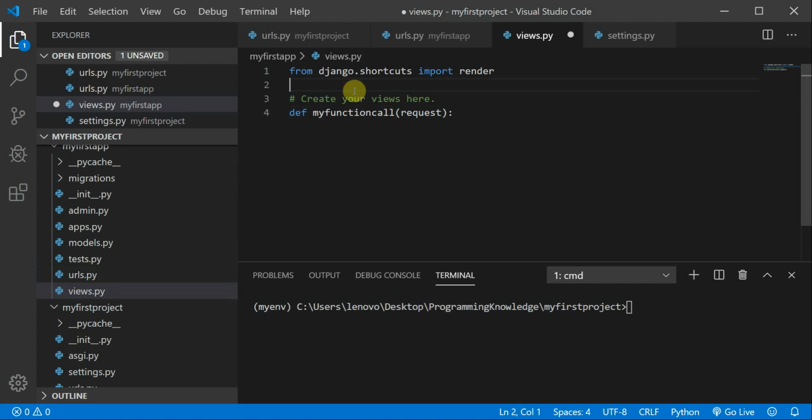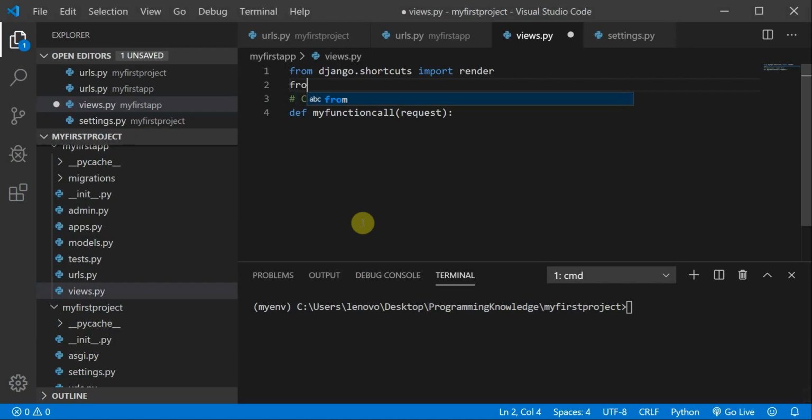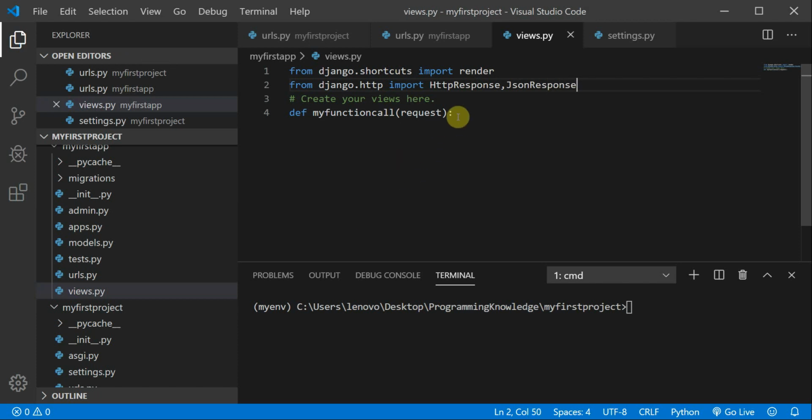And now to generate a response, you need to import. There are two types of responses: one is HTTP response and another is JSON response. So what you need to type is from django.http import HttpResponse as well as JsonResponse. So I think now it should work pretty fine, and I would generate a response, return HttpResponse of hello